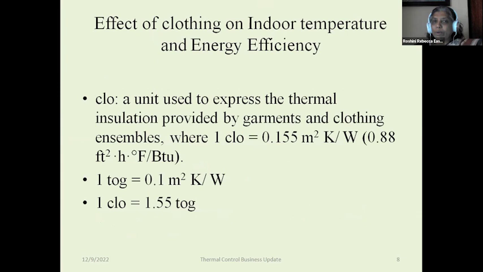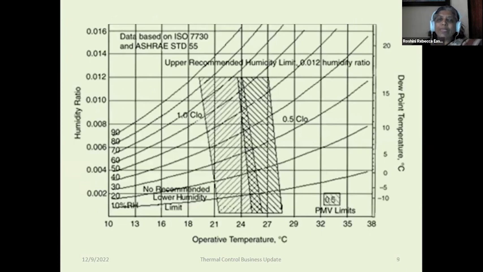Now, let us talk about the effect of clothing on indoor temperature and energy efficiency. We are going to look at the insulation which clothing gives to a human body. There are some common terms used, the clo and the tog, which I will explain as we go along. If you look at this, it's a simple picture which shows you that the lesser insulation is put on your body, or you're more sensibly clothed, you can have your comfort temperatures shifted to the right. That means to the higher temperature range. Okay, so it's common sense.